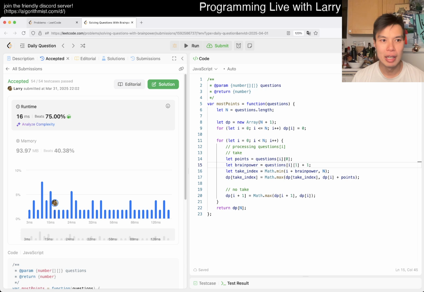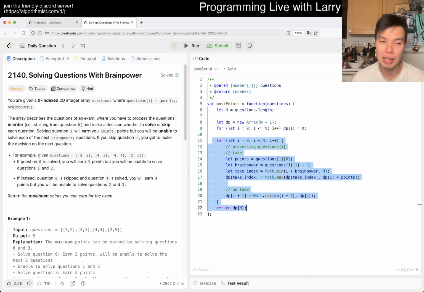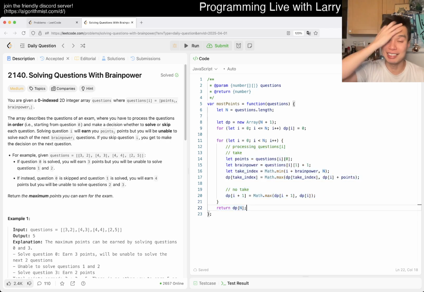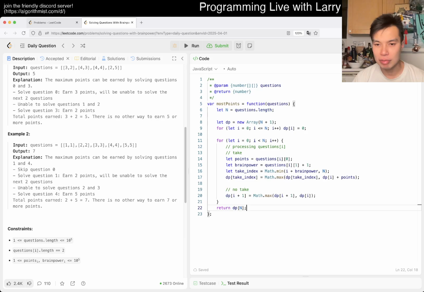Pretty okay, right? So what's the complexity here? It's going to be linear time, linear space, just for the for loop, and then a second for loop. Pretty straightforward. Everything is pretty straightforward for linear time, linear space. Not that this is easy, just that the analysis is easy. And that's pretty much it. That's all I have for this one.